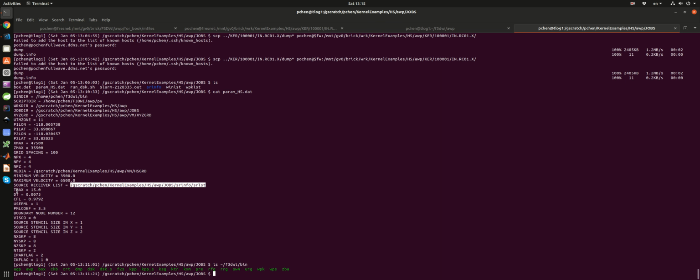The total duration of the simulation, that's like 15 seconds. I want to compute the synthetic seismograms for like 15 seconds, and then the time step interval for the simulation. DT has to be small enough to ensure the CFL condition is met, the stability condition is going to be met, and then a bunch of things that are going to be needed by